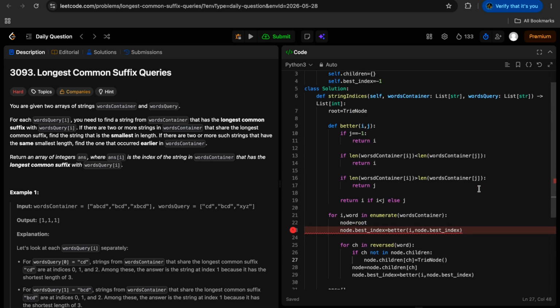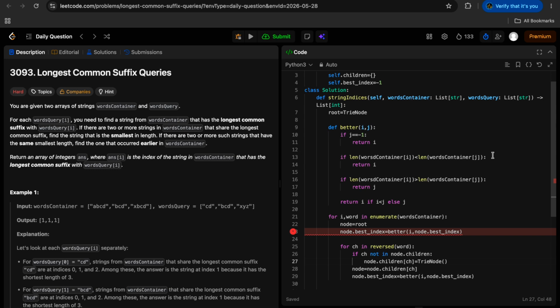It's giving error here only. What's container of i, what's container of j? j is equal to minus 1. Length of words container of i is equal to length of words container of j. See, typo mistake. If length of words container of i is greater than length of words container of j,